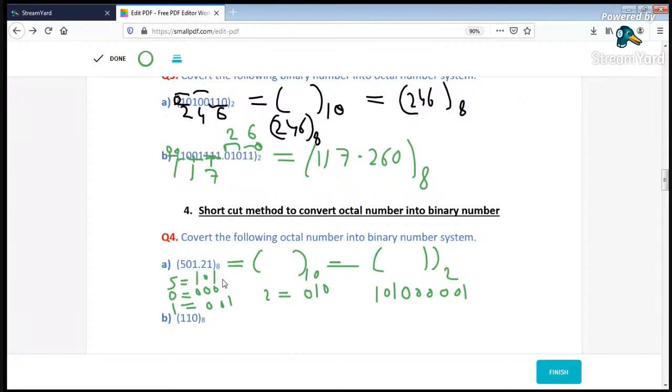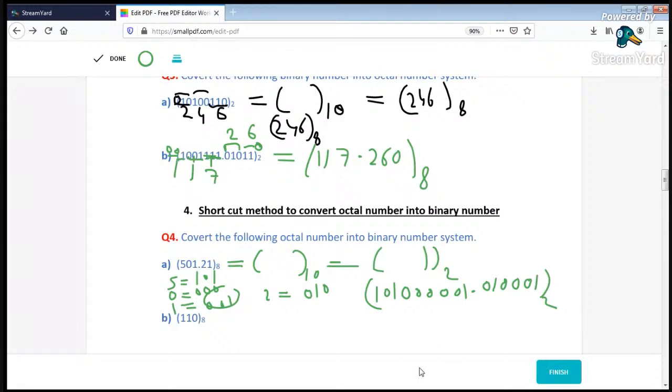After this one, this is the decimal or radix point, or binary point. Therefore this is 2 0 1 0, and for this one, the binary value in 3 bits will be 0 0 1. So 0 0 1 will be the final answer for octal to binary.